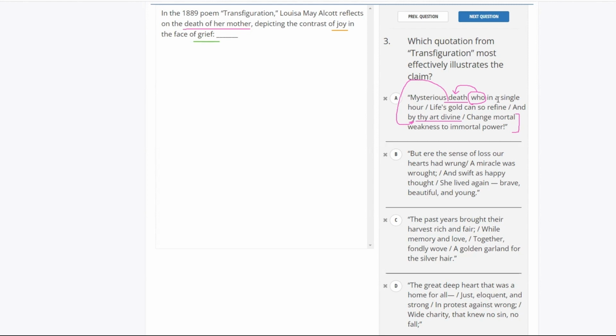And right now, we see a lot of pink. Looks like this answer choice really just reflects on death. We don't see evidence of joy. We don't see a discussion of sadness. Sounds like this is just a statement on what death does, on the impacts of death, on how death changes something about people's lives. For that reason, we can eliminate choice A.